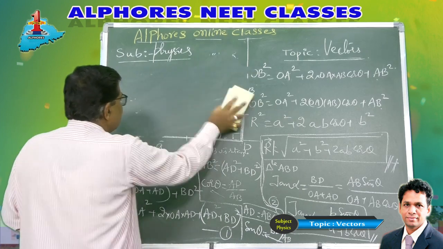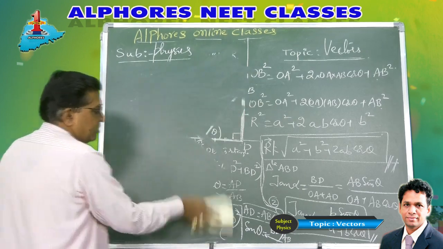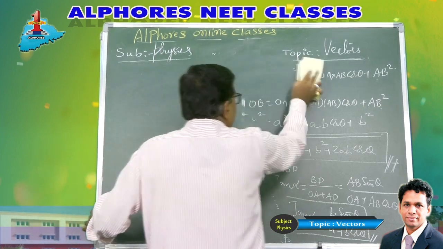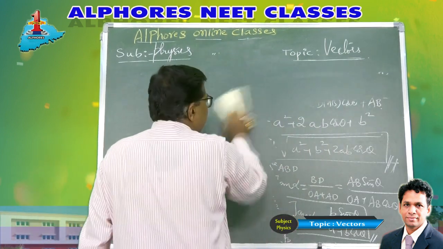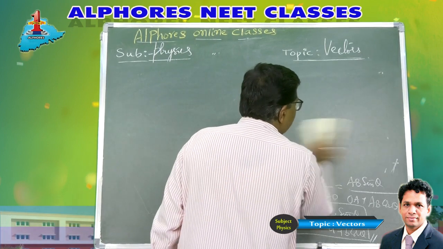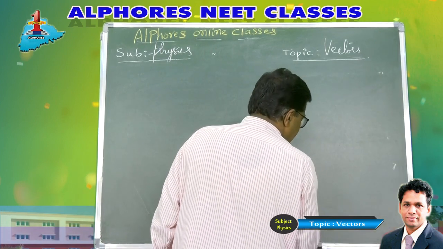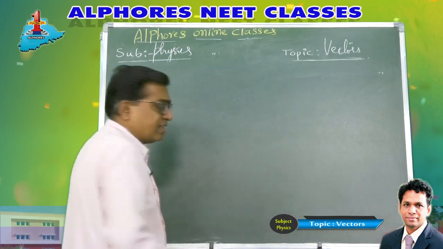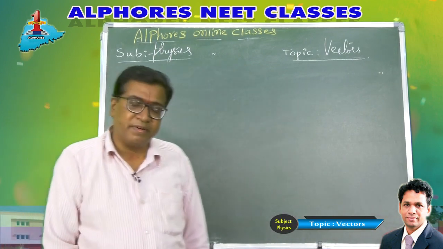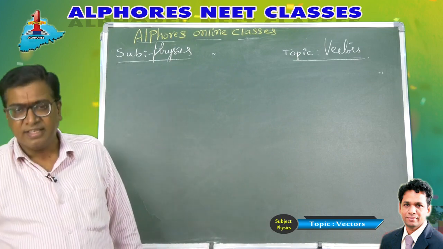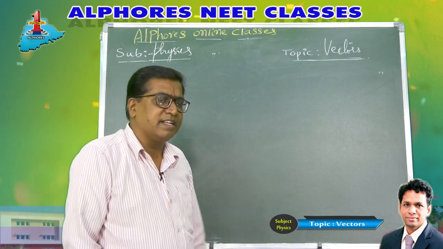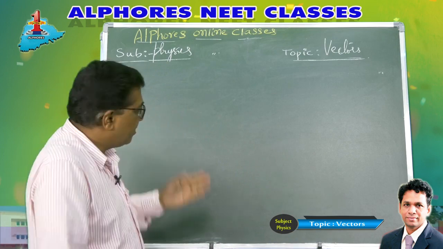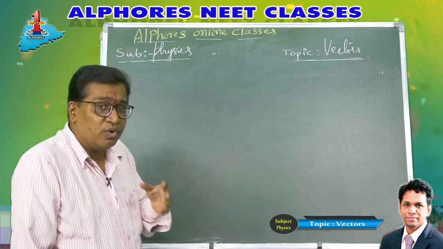Well, what does this law mean actually? So let us take up the applications of this law, the parallelogram law of vectors. So what is parallelogram law of vectors? It is the analytical method of finding the resultant. Right? What was the other method? The other method was the graphical method of finding the resultant. The graphical method of finding the resultant is by triangle law. You know, in triangle law you find the resultant of two vectors. Here also you find the resultant of two vectors. Don't get confused.